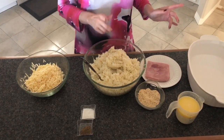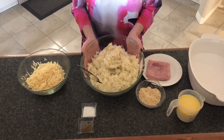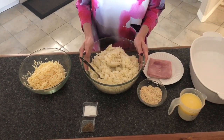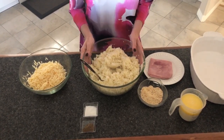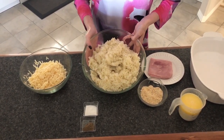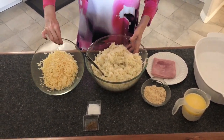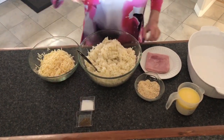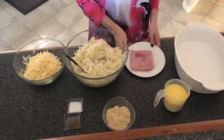So I've gone ahead, I've boiled my potatoes and they're still hot. I put them through a ricer. I don't like lumps in my mashed potatoes, but if you don't mind, go ahead and use your masher. So I've got 3 pounds of riced potatoes. I've got about 2 cups of mozzarella cheese, salt, pepper, breadcrumbs that get sprinkled on at the end, ham, and